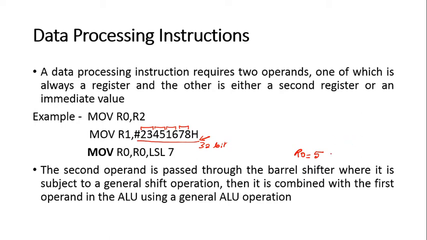I'm going to perform move R0 comma R0 LSL hash 4. What it is doing is shifting R0 by 4 bits and then loading it to R0 again. So always you know that whenever you perform a shift operation,